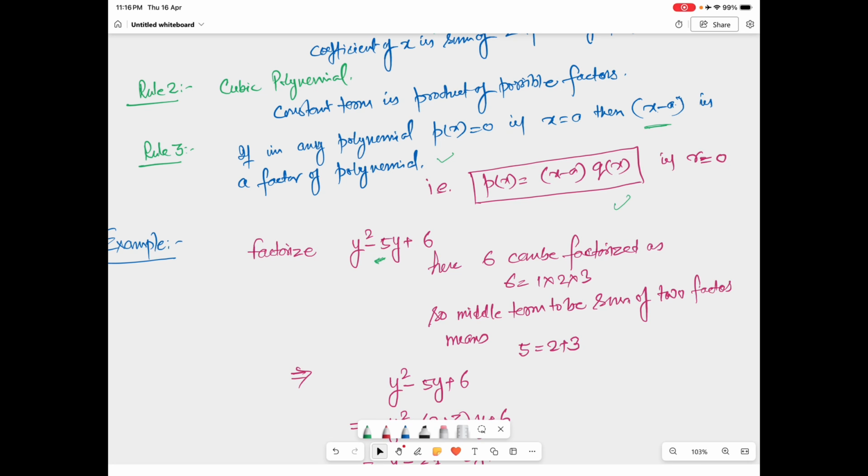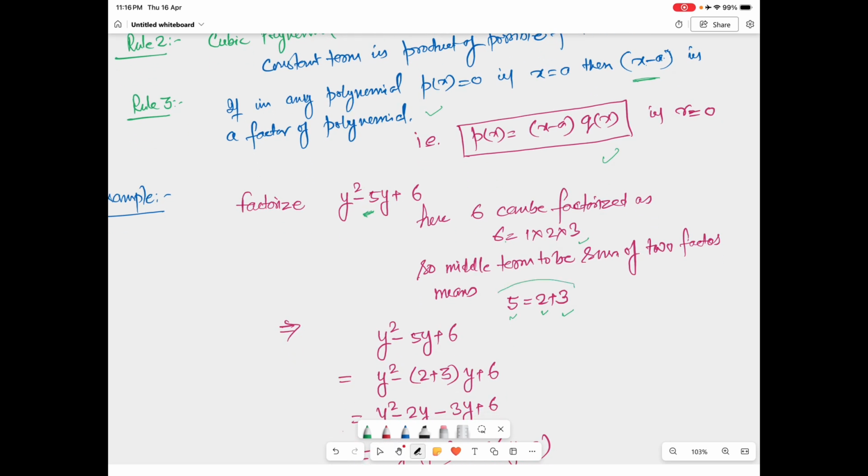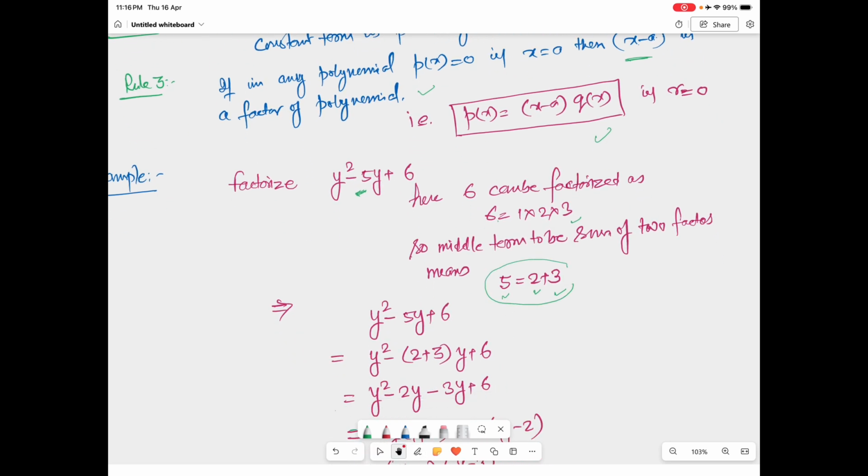So 6 is equal to 1 into 2 into 3, we have factorized it, and you can see here that 2 and 3 and 1, they are all the factors. So I do the recombination. So 5 will become 2 plus 3. 2 is also a factor, 3 is also a factor of 6, and this summation is becoming 5, which is the middle term. So I have made use of this fact,